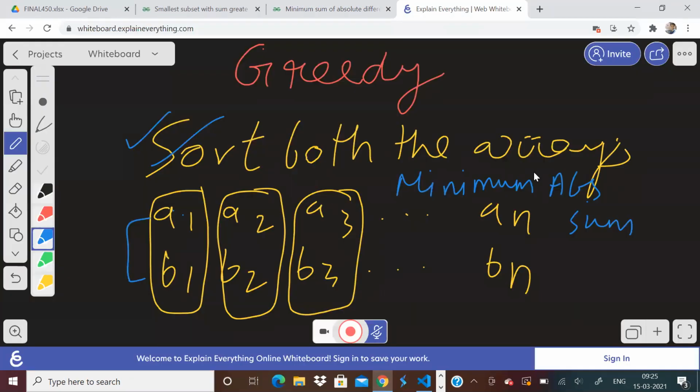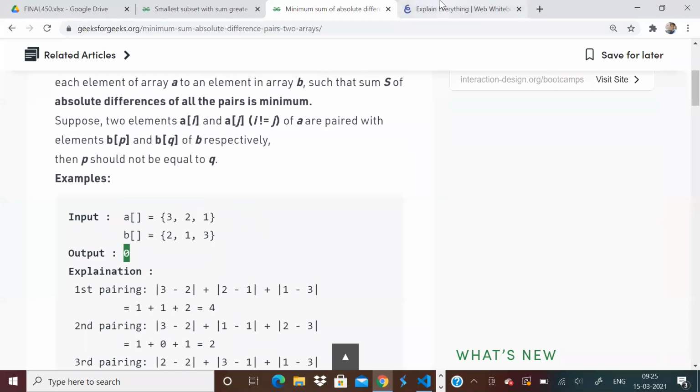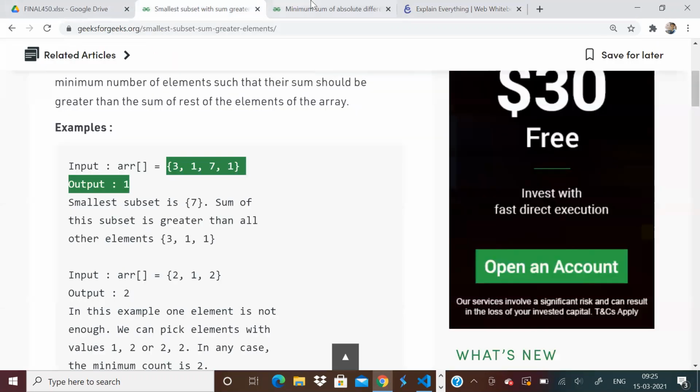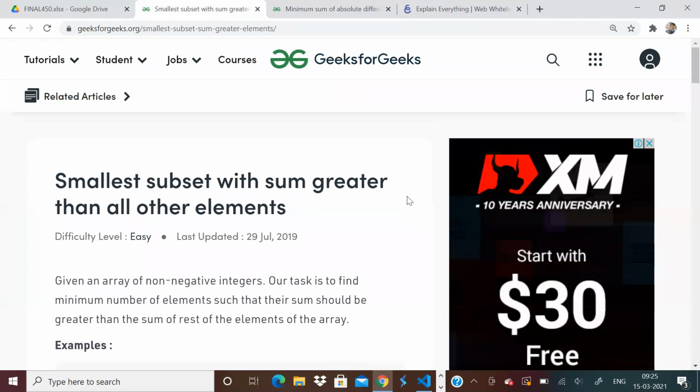So this question is nothing but sorting. Both the questions are just about sorting only and using your logic, that is common sense. So I definitely believe you have understood both of them and you will easily be able to solve this.